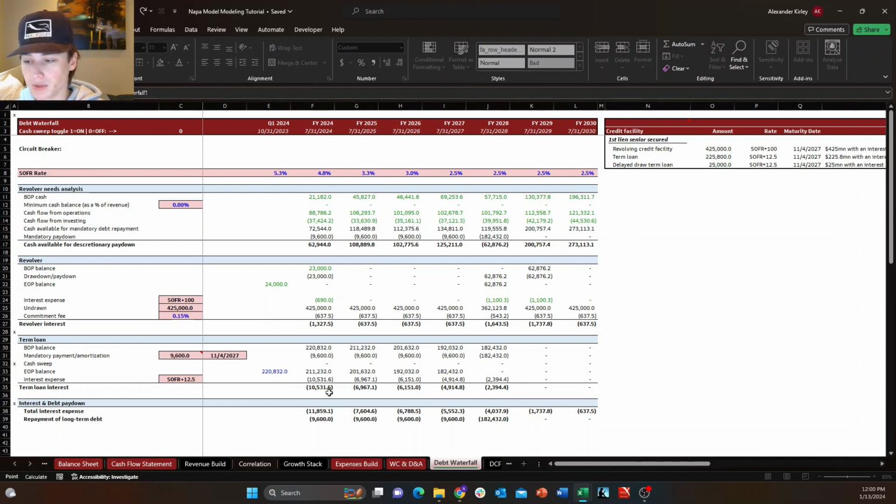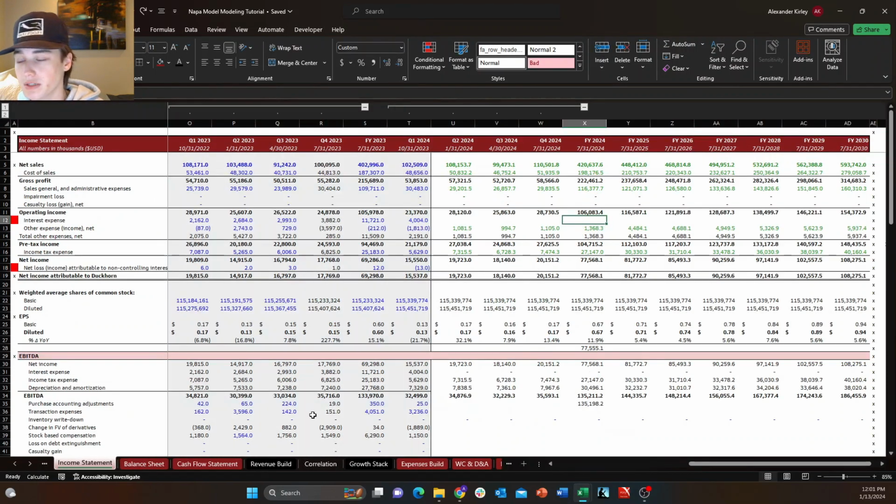What you want is a circuit breaker function, which we'll build with an if function, and I'll show you how to do that. If I just take this number here, it'll fully break my model because it's referencing itself, giving us a value or ref error. So we don't want to do that. What we need to do is build